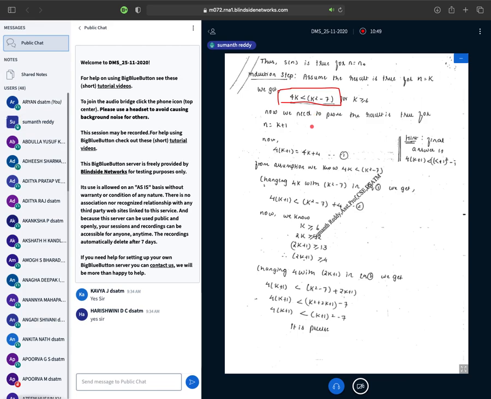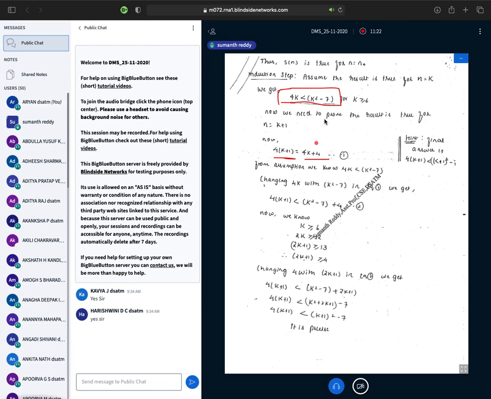In order to prove that, in the previous type 1 problems I used to add a term on both sides. This problem is not of that type. So here, as I have told you, I can guess the final answer: 4 into k plus 1 will be less than k plus 1 whole square minus 7, out of which I will take one term, that is 4 times k plus 1. I will try to rewrite it in such a way that I can take help from the assumption stage. So 4 times k plus 1, I can write as 4k plus 4.